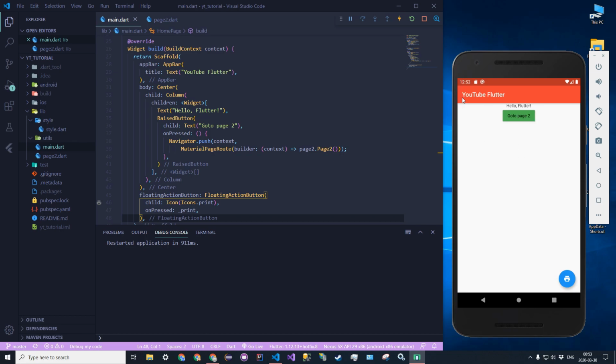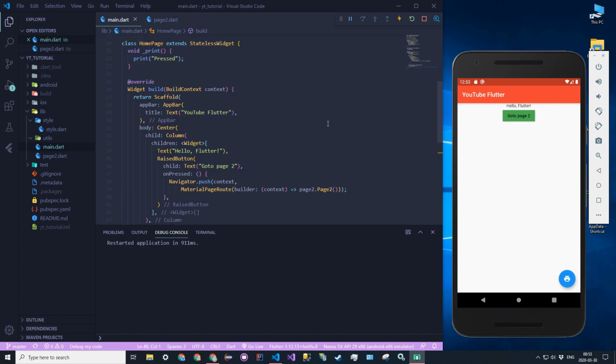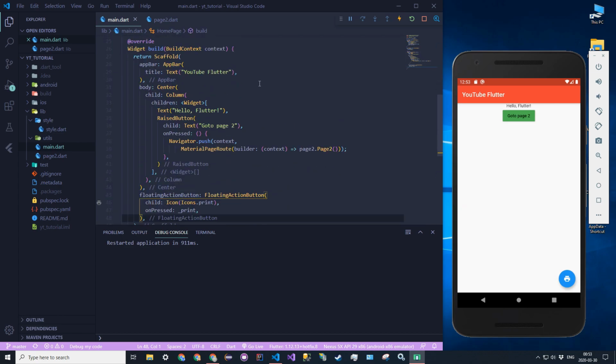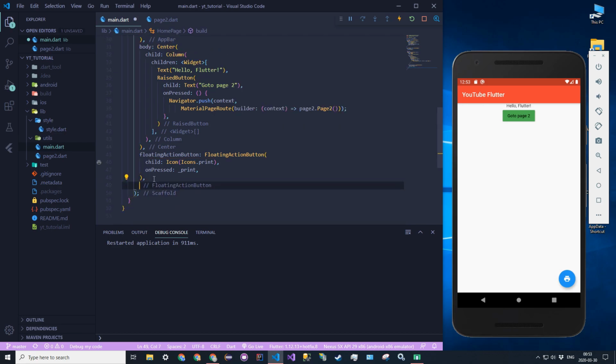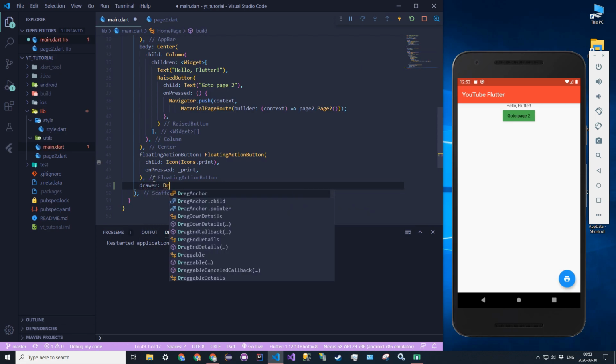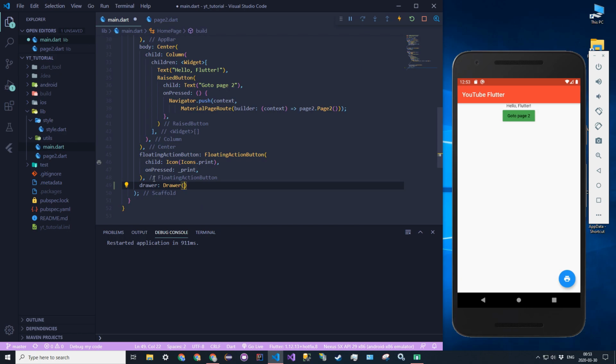Typically you would have a drawer, D-R-A-W-E-R, because I can't say it properly, which would have a list of all your pages. That's actually a thing in Flutter, and you can just create that from the scaffold. This is another reason why the scaffold is so useful. Another property is just drawer, and you can say drawer of, and then we're going